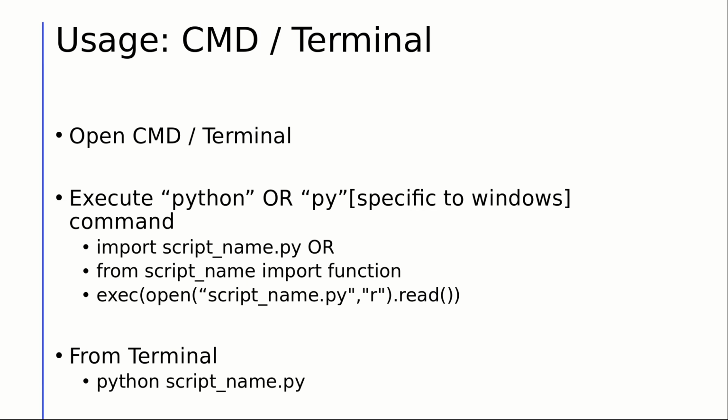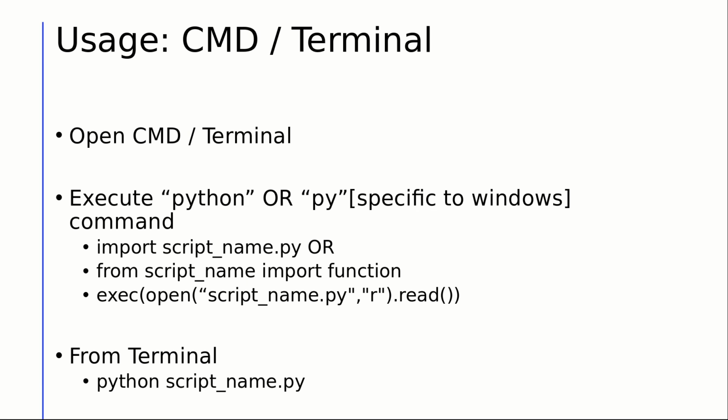Over here, we have two ways to run any Python script from command line or from the terminal. These two ways are as follows. One is you need to run the Python shell, and within the Python shell, we have another two ways to execute any Python script. Either you import that script and execute it, or another way is you run exec, that is the execute command, and read that particular script, and then you can execute it as a whole.